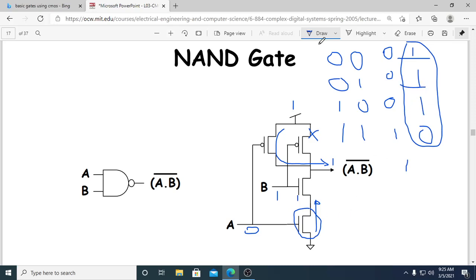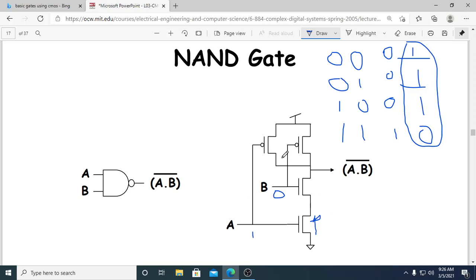Third case, I will rub the portion again. Okay, the third case is 1 and 0. So this is 1 and this is 0. If it is 0, then this gate will turn on again. This gate will turn on, but this gate is off. The second gate is off. Due to this condition, my ground is not passed to the output.